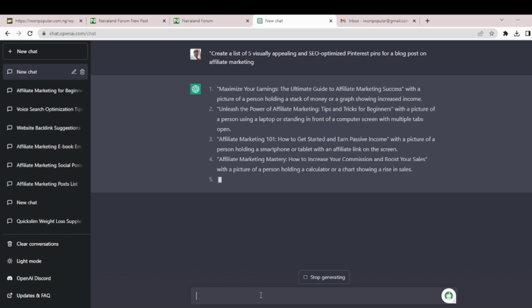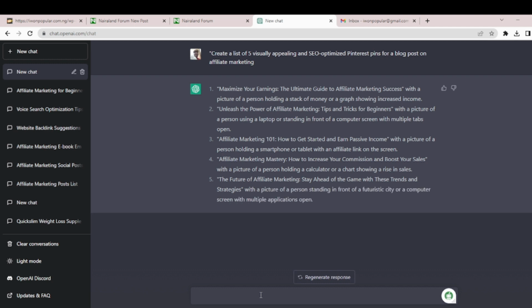You can see ChatGPT is giving us the 5 visually appealing SEO optimized pins for